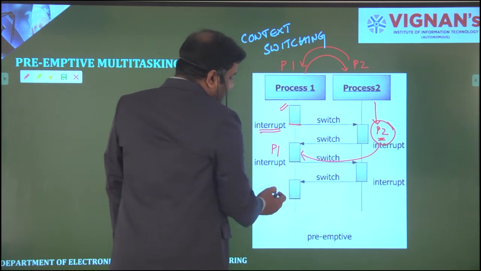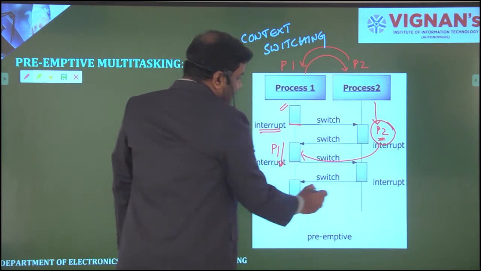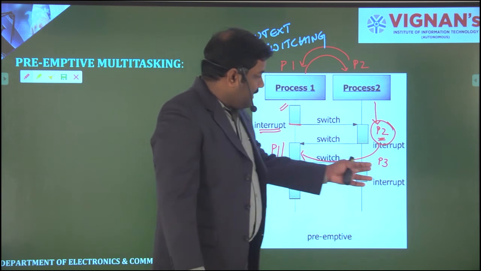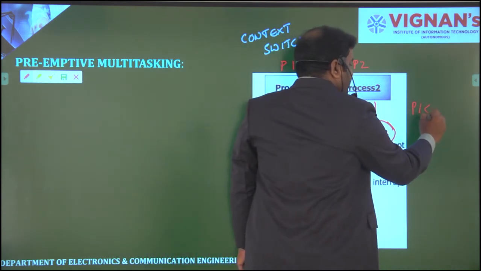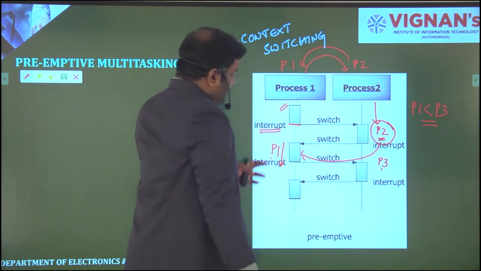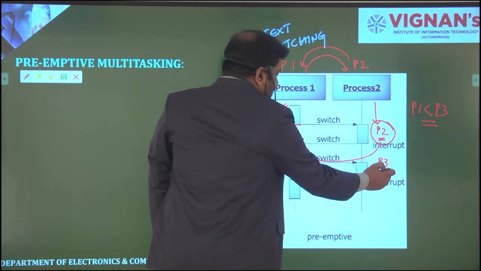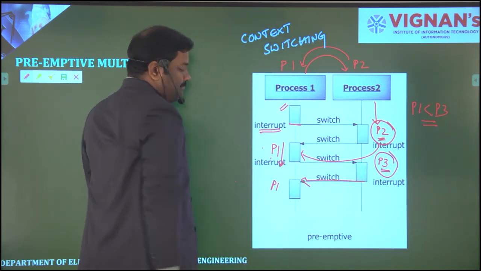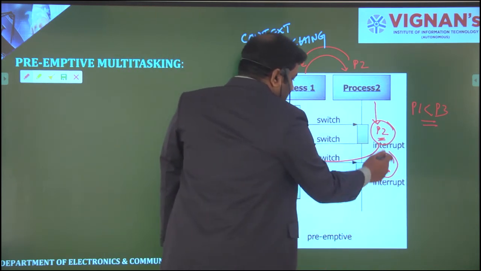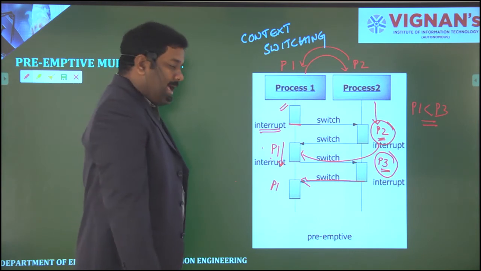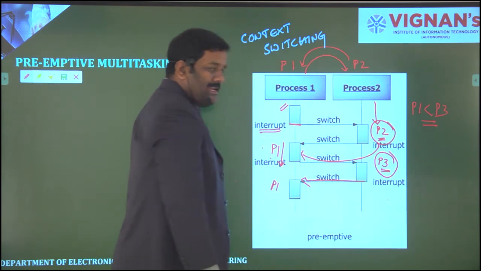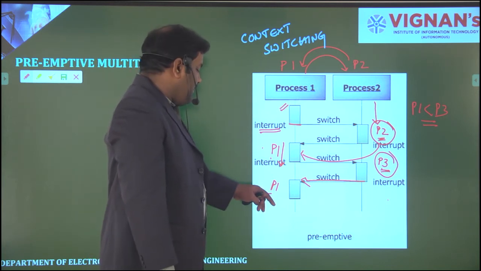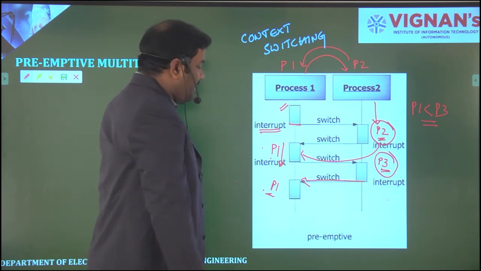Or else, if I have P3 also, while P1 is running, I receive one more interrupt, that is P3. Again, while comparing P1 and P3, P3 might have higher priority, then obviously P1 will be stopped and P3 will start execution. Once it is completed, it will be back to P1 again, because no processes available to execute at the same time have any higher priority than P1. On these two conditions only, P1 will continue its process and be executed.